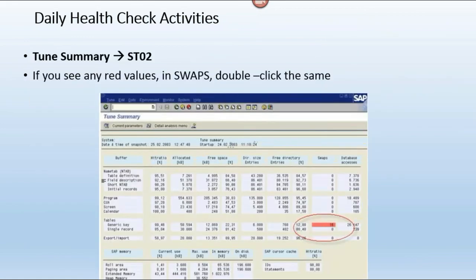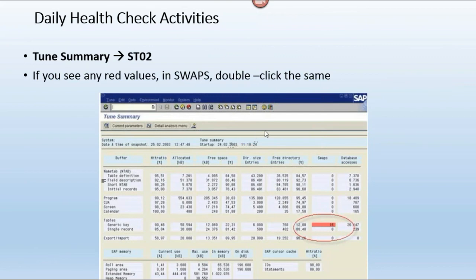In swaps, how much is being utilized? We need to check the swap size. If it is utilizing more in the buffer area, you can see the numbers here in red color, and we can check swap space utilization at the operating system level.